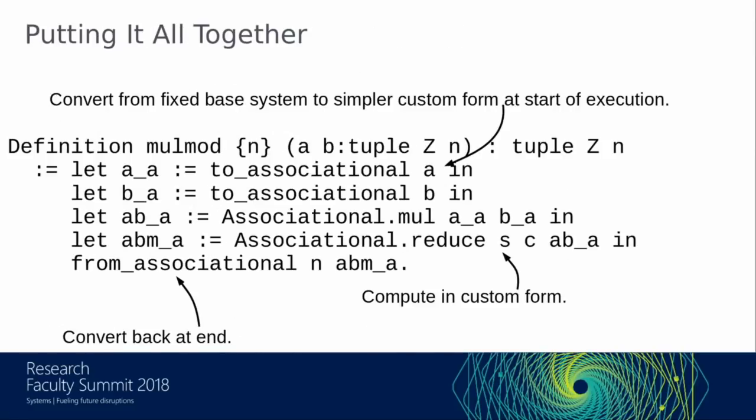Then we can take ingredients like that and put them together into higher level operations. So this is one that is going to take in 2 big numbers, A and B, that follow a particular digit representation with n digits in this case. This function is actually generic in the number n using polymorphism. And then we convert each of those fixed representations into our flexible internal representation. We do the multiplication. We run a mod operation, which is by convention called reduce here. And then we convert back out of the flexible representation into the fixed format.